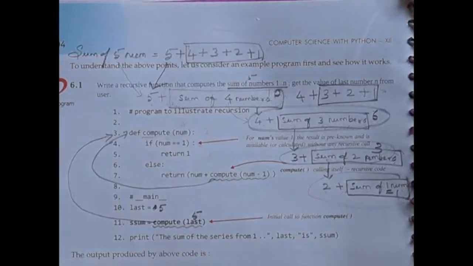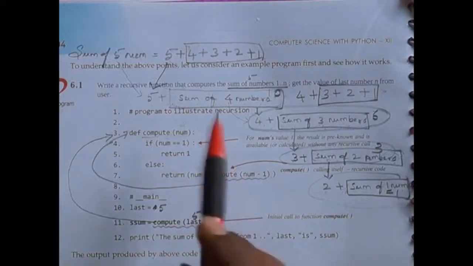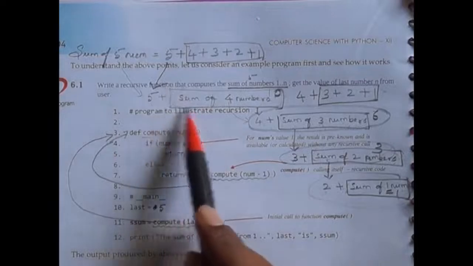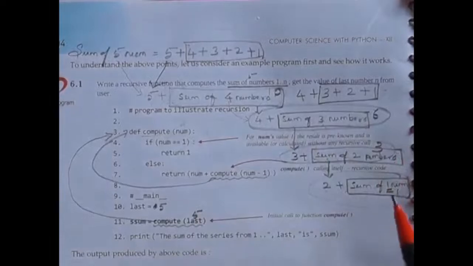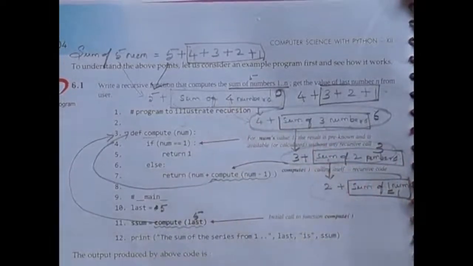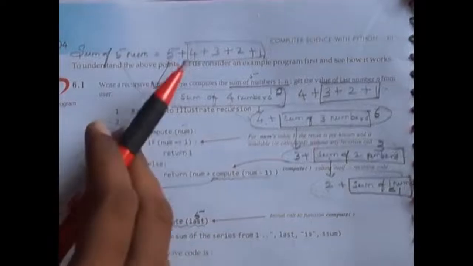Okay. You see student, it's a very complicated function. Okay. You couldn't understand easily. Only if you go through so many programs in this lesson, then only you will be able to understand the meaning of this recursive function. Understand? So you just constantly go through the sums. Okay. Listen, I just boxed here now sum of 4 numbers, sum of 3 numbers, sum of 2 numbers, sum of 1 number. Okay. So all these things are nothing but recursive function. Okay. It's a theoretical part.